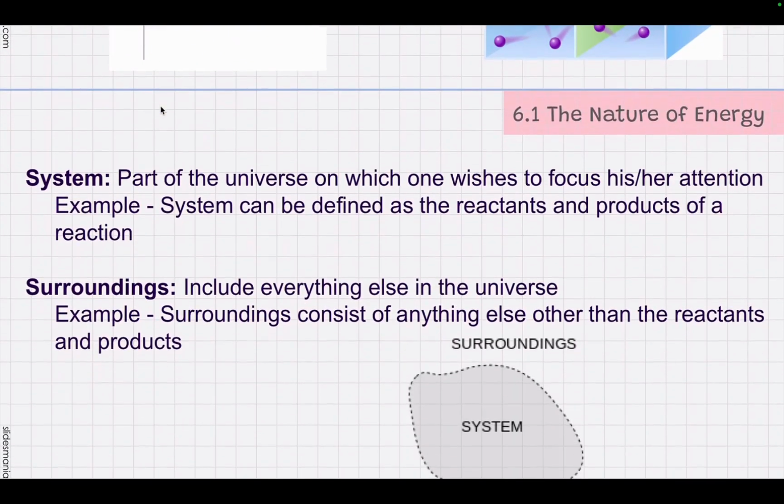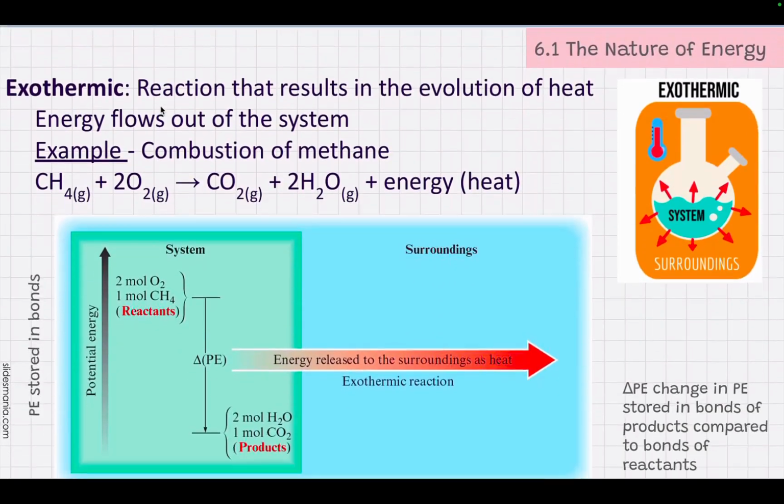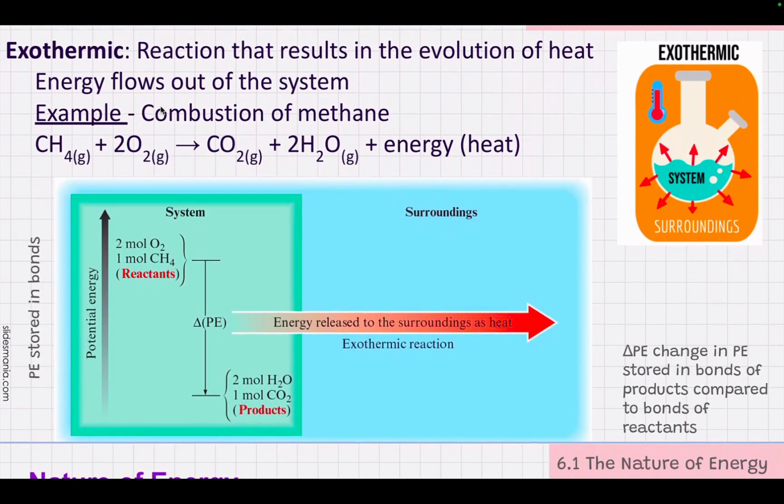Energies, I already covered that. System and surroundings. So the system is whatever we're studying. The surroundings is everything else. So if we look at how energy, for example, this exothermic reaction here, this is the combustion of methane, which is what we burn in our furnaces in our homes. The energy here is being given off to the surroundings. So this would be an exothermic process.